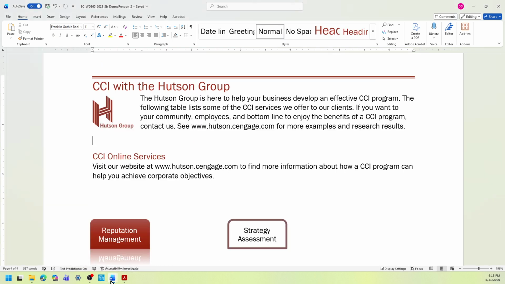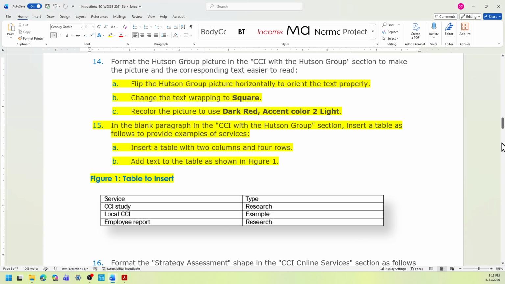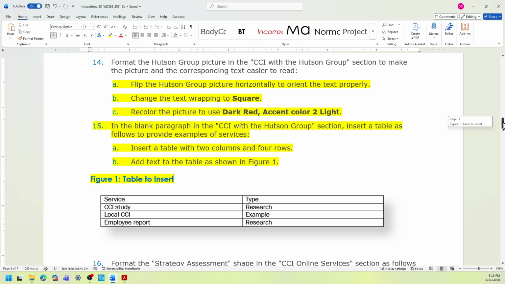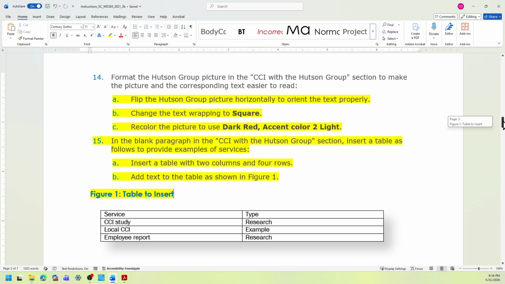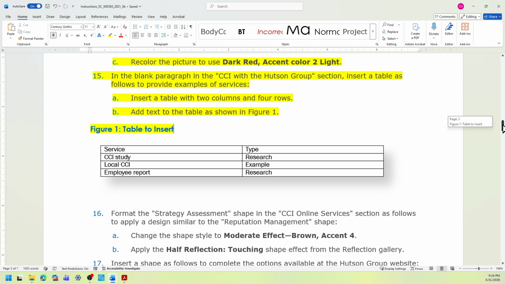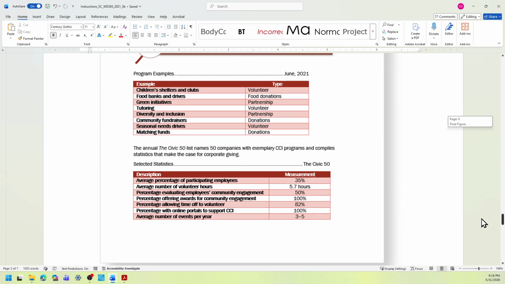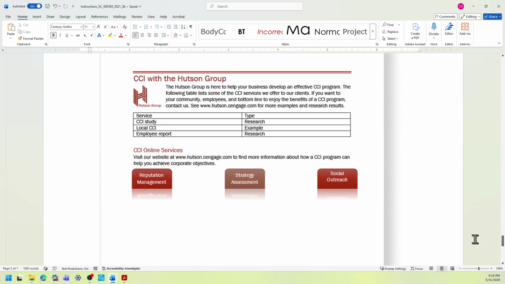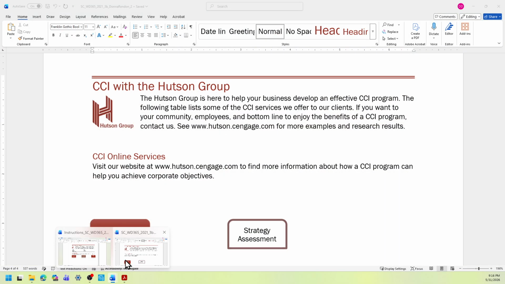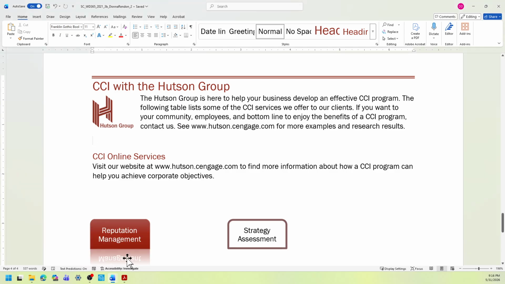Yeah, I think it's still in page 4, but let's look at the final outcome. It says under the CCI with Hudson Group. Okay, so let's see. Yes, so it's just below that logo. This is your start file.